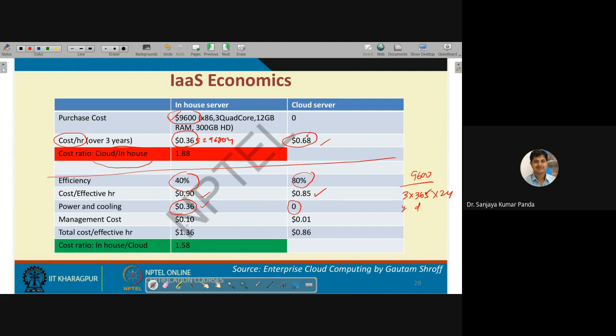Management cost is $0.1 here. Here the cost is $0.01. Management means suppose you have 50 servers in your company. There should be a person to monitor these servers. If a server is having some issue, then you have to resolve it. You have to call a technician and manage this. For that also you have to recruit some people, give employment to these people, and give training. So for that, the management cost is estimated as